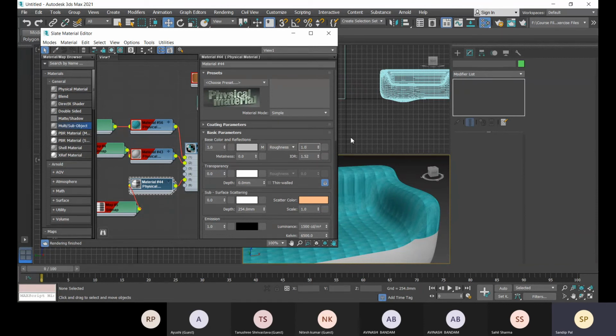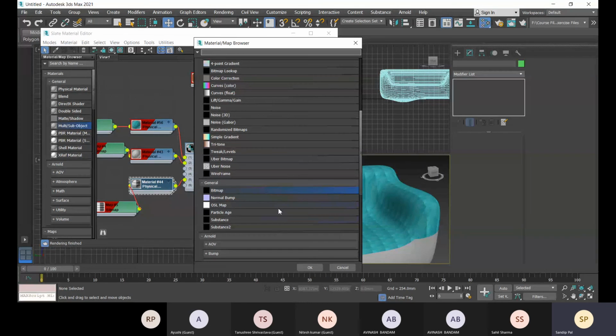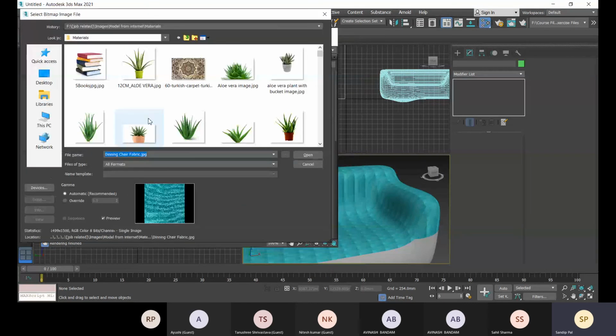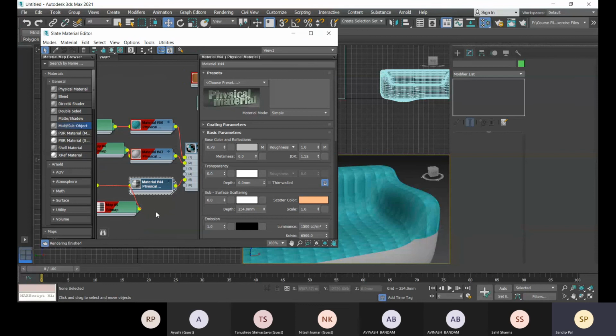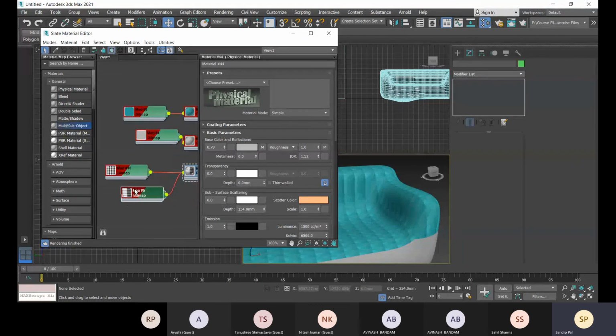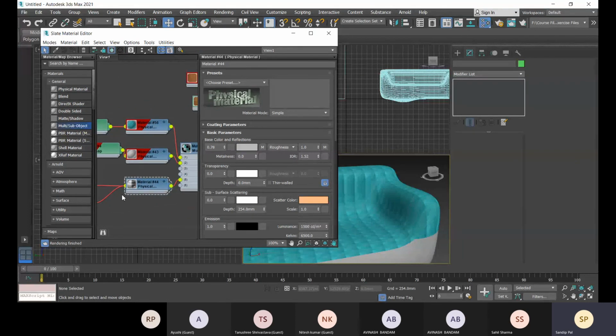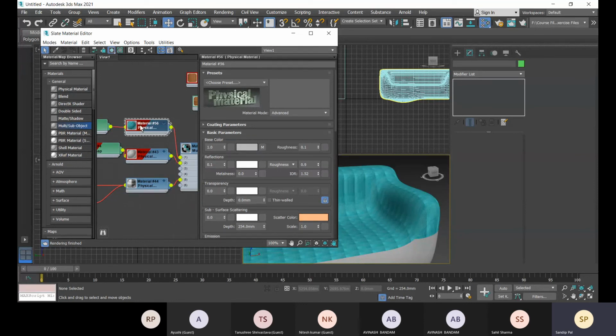Okay, the base color and the reflection, so there will be no such reflection. Okay, and for roughness you also can specify the same map, so it will give the effect of the roughness. Okay, so that is for the roughness, and here also you can specify the roughness map as well.